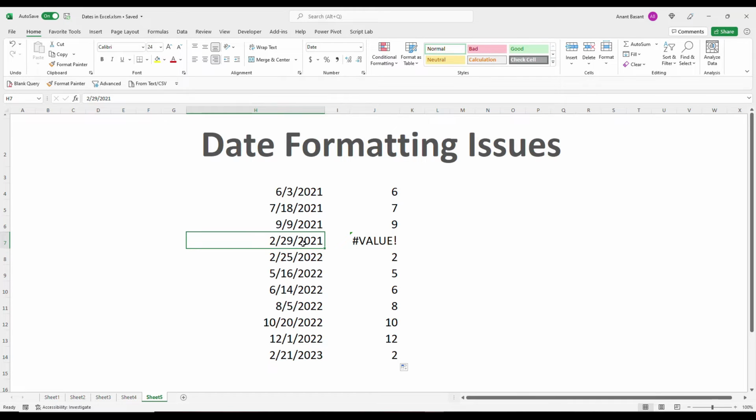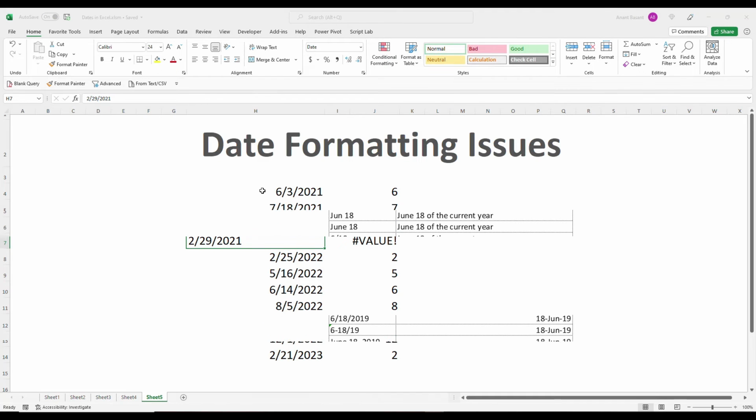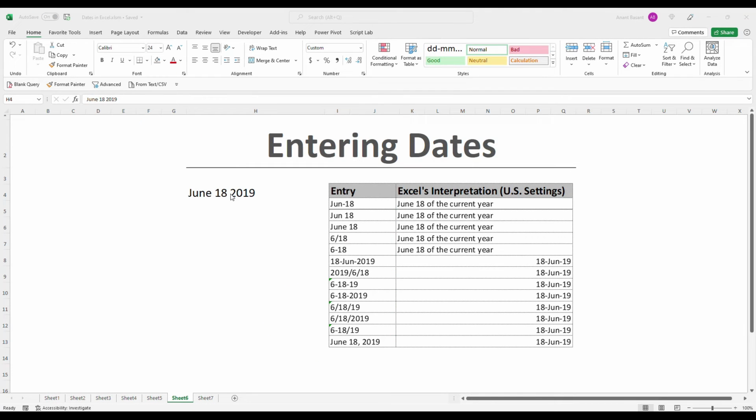And I just said that whatever is not a date, Excel does not align right. But why is it aligned right then? Because I have applied right alignment on top of it. So if I remove that, Excel automatically aligns it left because it tells us that it is not a valid date. So we should not change the alignment of dates.